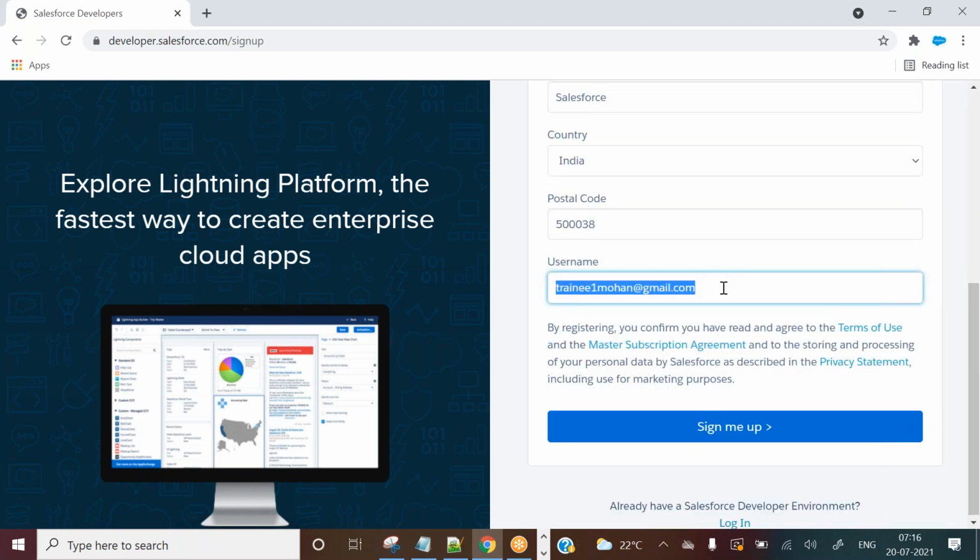Username is the one you need to provide to log into the Salesforce org going forward. That is the reason. Whatever you remember easily, you can give the same email, same that. Okay, what I am going to give is like